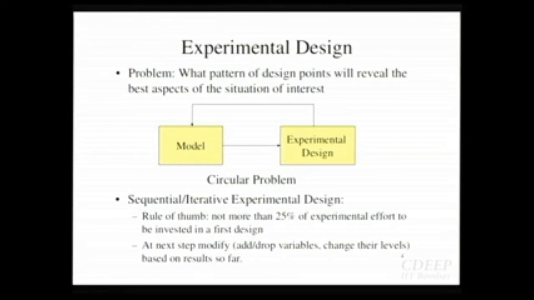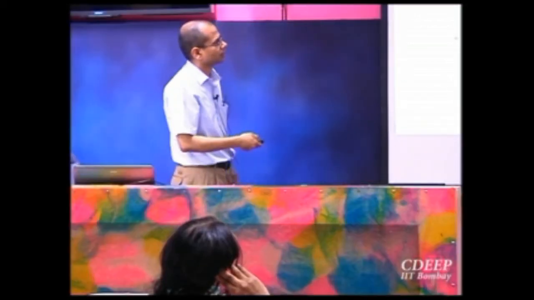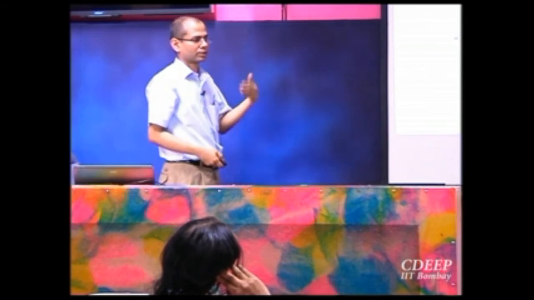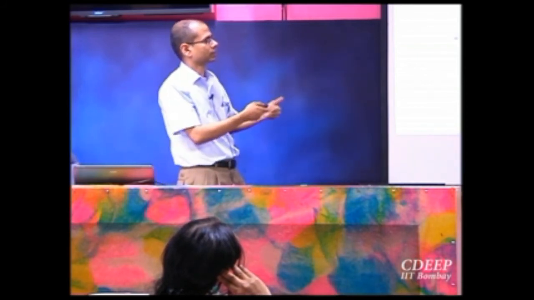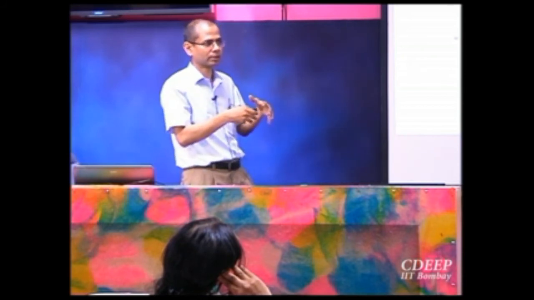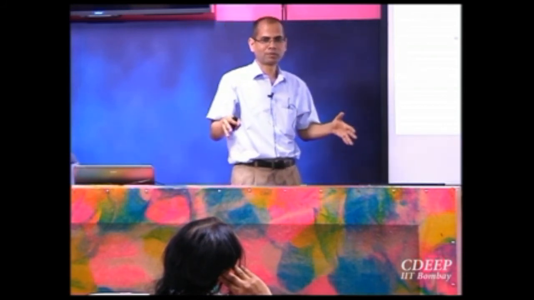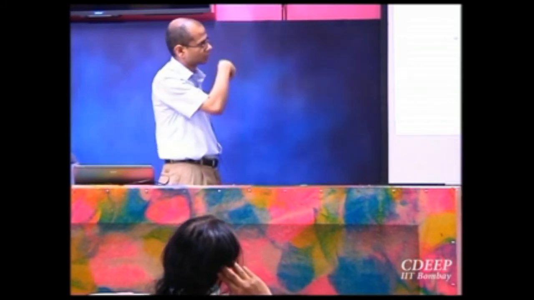Okay, so rule of thumb is, some of these problems you will see actually came from the 60s and 70s, things like Taguchi methods, which started becoming popular in quality control and so on. So a lot of these ideas actually have come from industry. This is probably one area where it has happened in reverse, not gone from academics to industry. I mean, a lot of problems come from industry to academics, so this is one of those areas. People who worked with industry started solving these problems, and then the academicians jumped in late. They said okay, we can give a proper framework for this, we can give the theory behind it.